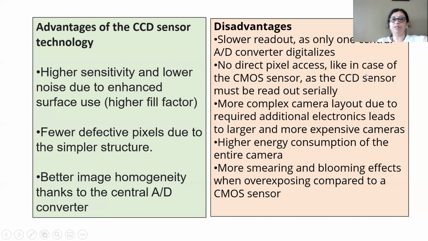The second disadvantage is again similar. Readout is serial. More complex camera layout due to additional electronic circuitry required. And the most important thing is that its energy consumption is high, which is not desired. And as charge moves from one pixel to another pixel, this moving of the charge contributes to smearing or a